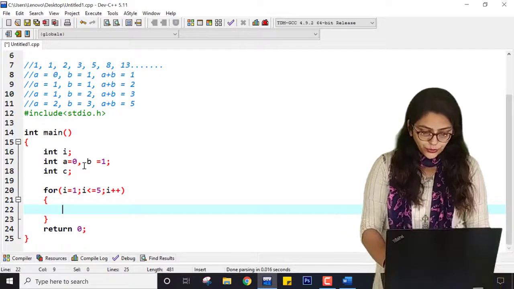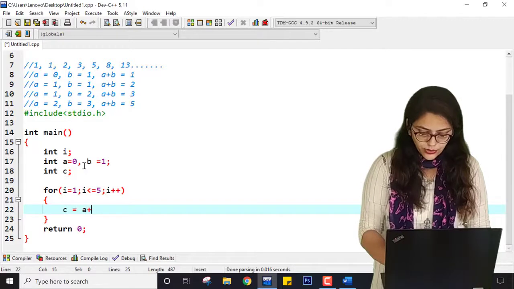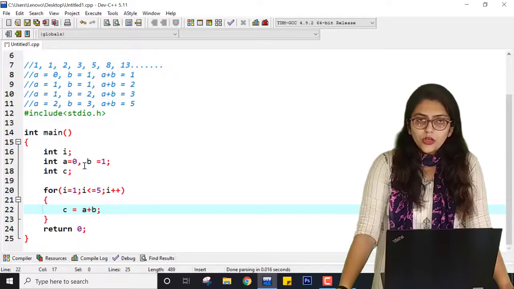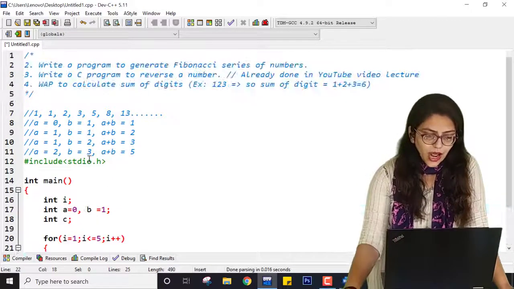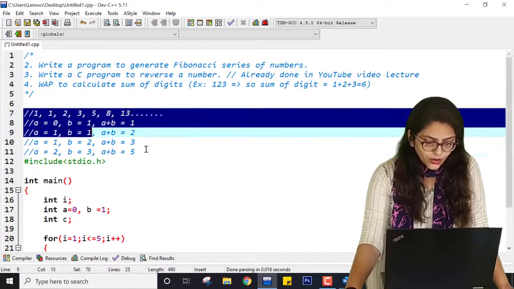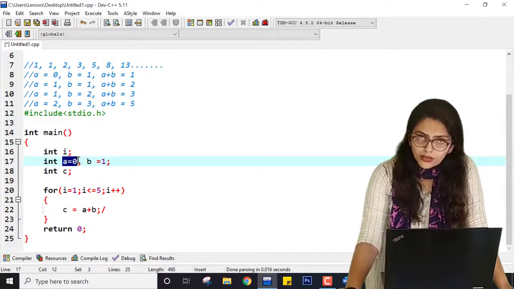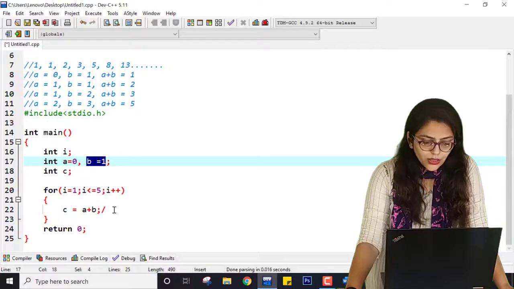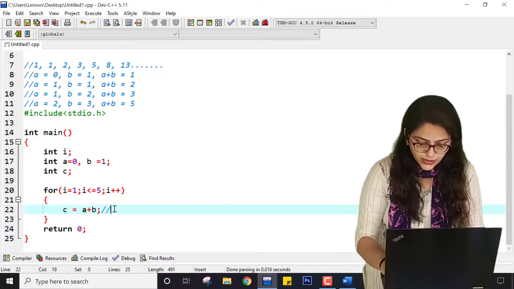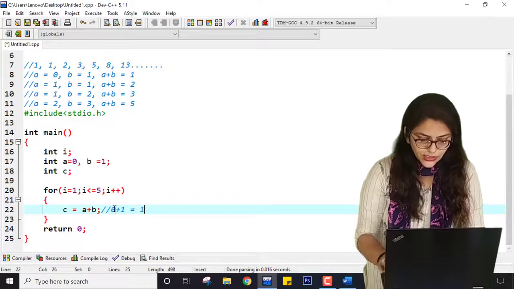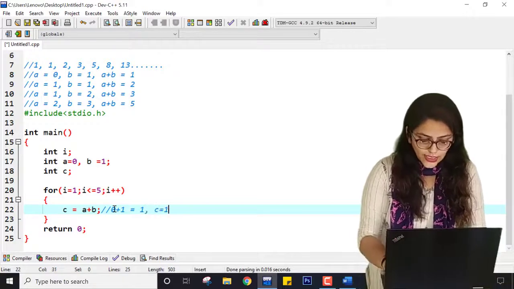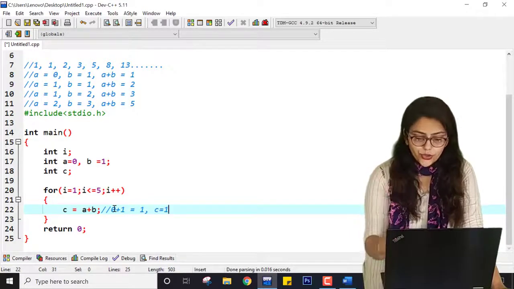First I am going to do c equal to a plus b. Right now, what is the value of a? 0. What is the value of b? 1. So here it will be 0 plus 1, that is 1. So c equal to 1 in this iteration.